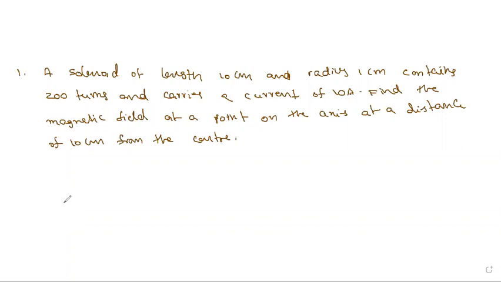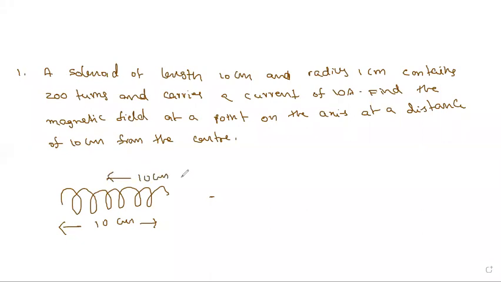Let me just consider here, this is the solenoid whose length is given as 10 centimeter. But they're asking us to calculate the magnetic field at a point which is at a distance of 10 centimeters from the center. That means definitely the point is outside the solenoid, on the axis only. Every solenoid, when current passes through its coils, can produce some magnetic field along its axis. Then that solenoid can act as a bar magnet only.